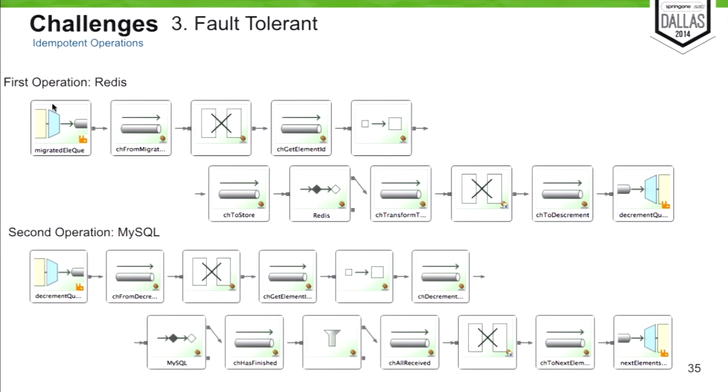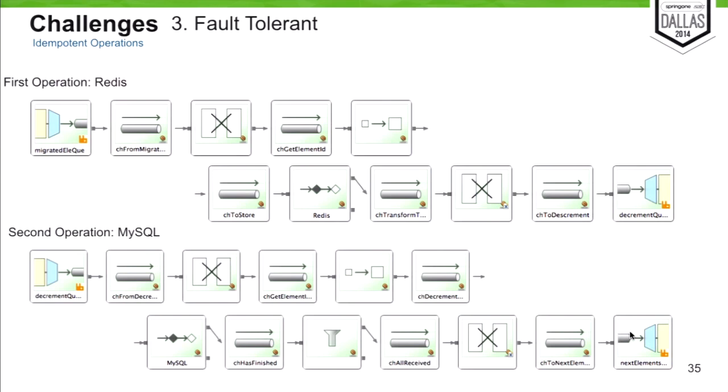And the MySQL flow is listening to that new queue, and then it does the same thing: transforms the message, gets some information from it, and then stores the new ID in MySQL. And it checks if the batch is completed, and then it sends the message to start a new batch. So if there is a problem in MySQL, we can repeat the flow without side effects.